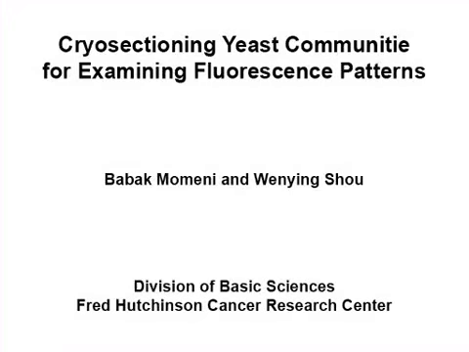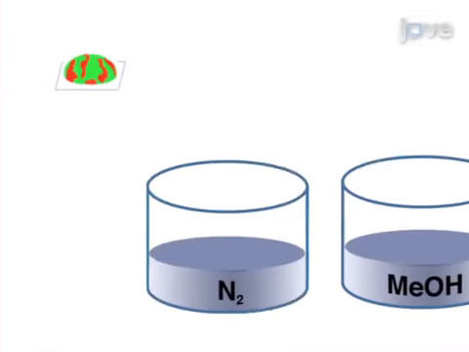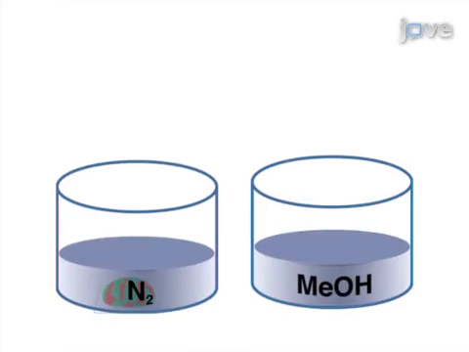The overall goal of the following experiment is to produce cross-sections of yeast communities to examine the spatial distribution of different fluorescent cell populations within a community. This is achieved by first freezing the community and then fixing it using methanol to preserve the spatial distribution of